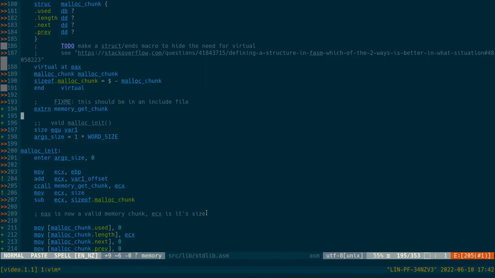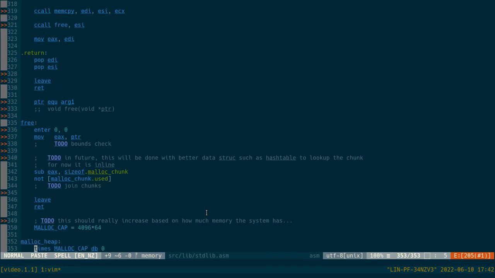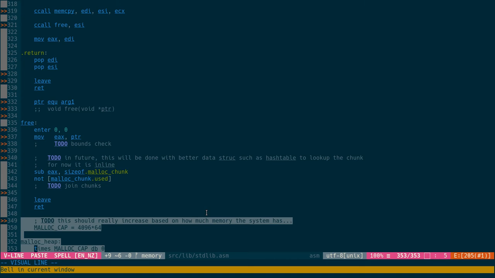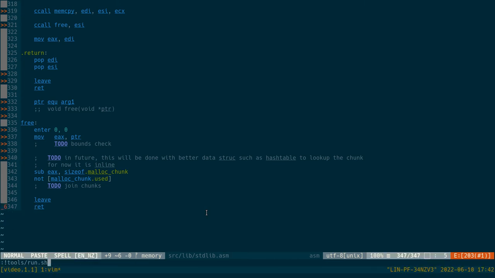Alright, so now it just runs and doesn't really do much there, which kind of means that things aren't working. And what we can do is, yeah, that malloc heap was used, so I think this will,